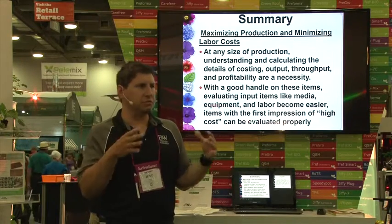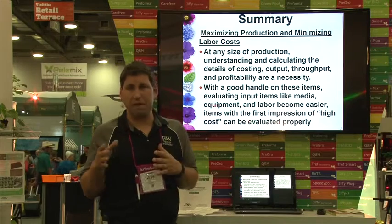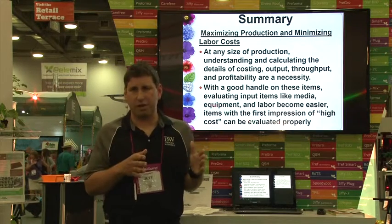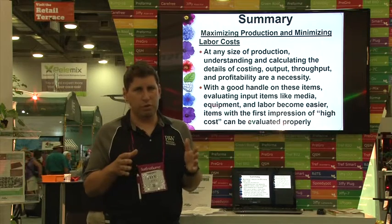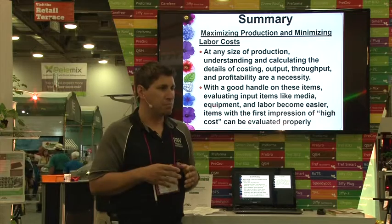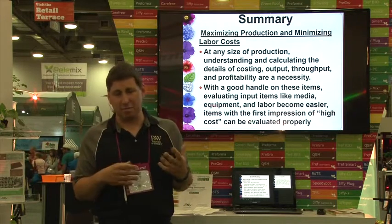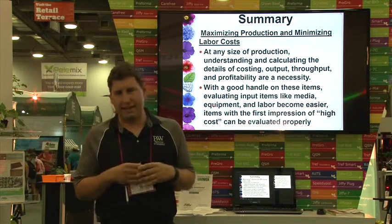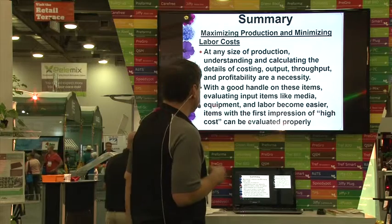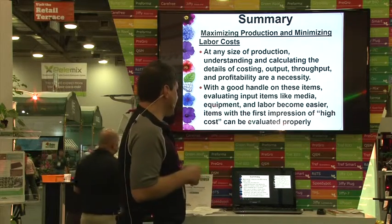The propagation, plant cuttings, specifically branded product, it's still a very competitive market. We are definitely by no means the cheapest product on the market. We're a lot of times known to be some of the most expensive. And so with that, we're developing that brand. So this kind of data helps us back that up. So we have to make very good informed decisions and stay profitable. With a good handle on these items,